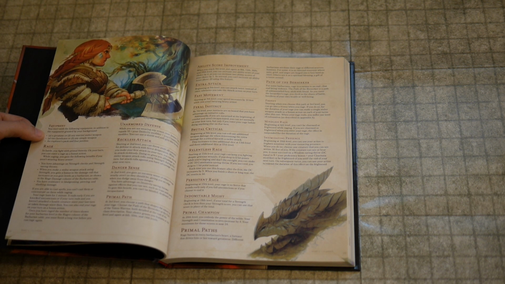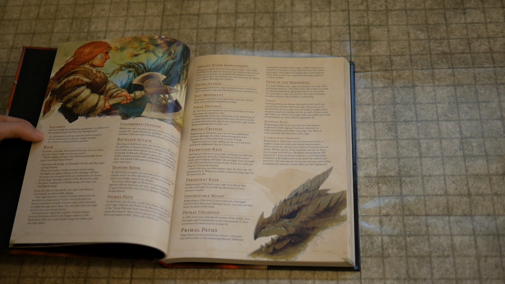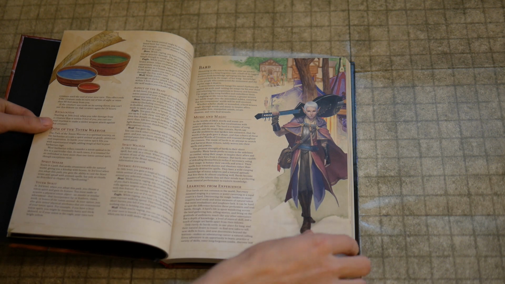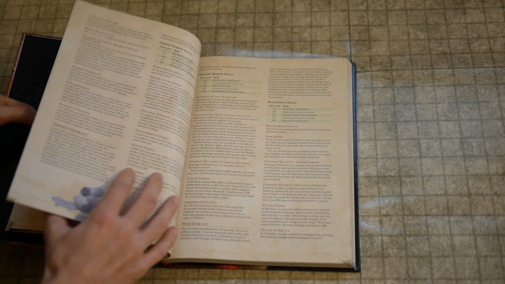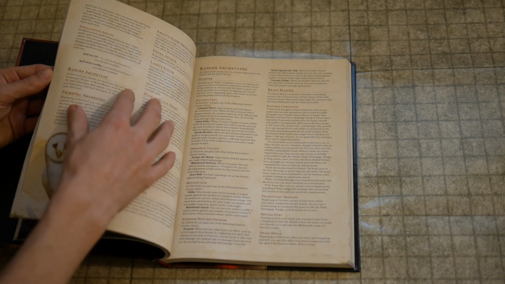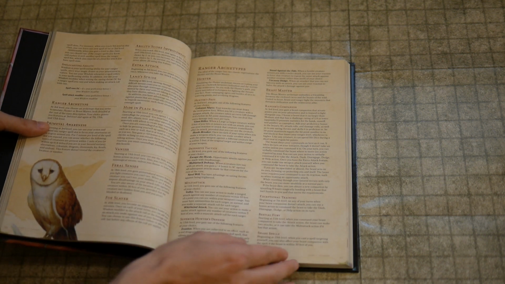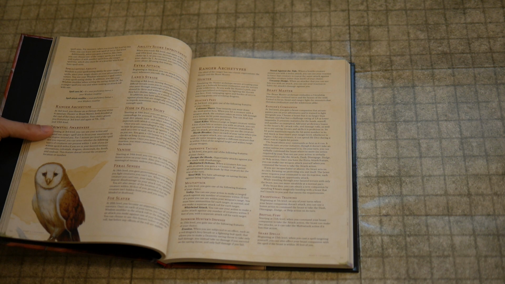Now, like I said, customization is done through these different paths, or archetypes as they like to call them. Let's switch to the Ranger, because I actually know the Ranger better. If I can find it. Alright, so Ranger. Right here it says Ranger archetypes. There are 2 archetypes here: Hunter and Beastmaster, and these are kind of similar to